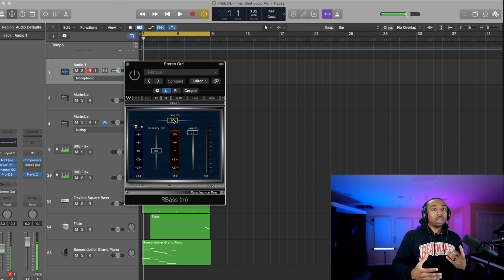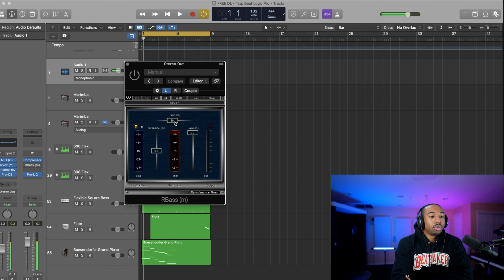Okay, now if it does have low end, your job is not to make it crazy, because then you'll start distorting. So don't overdo this. The point is we're trying to fill in where the sound doesn't naturally have that frequency.